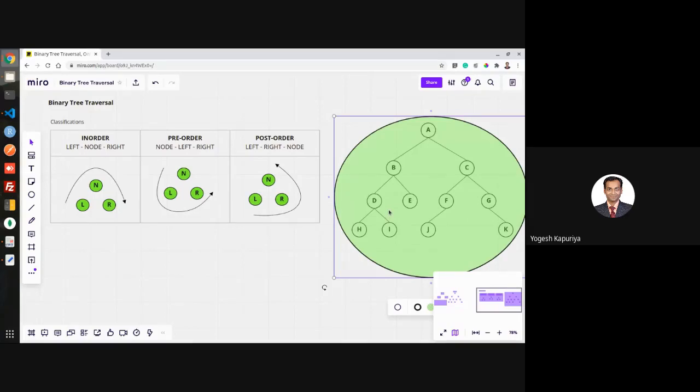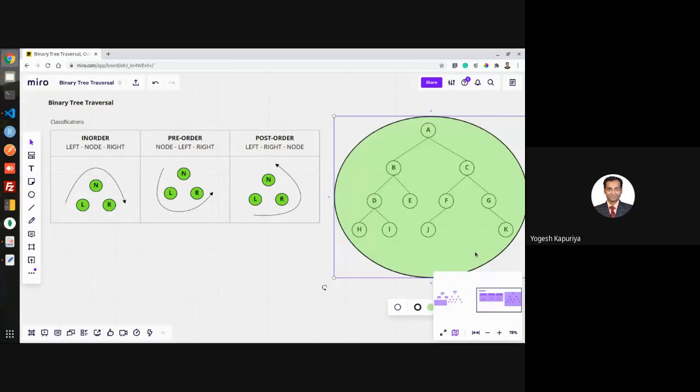That means a search operation. So for that you require to traverse this tree. That means traversal means scanning each and every node. Now, as this is a non-linear data structure, again you have to traverse in a linear manner only. But when you search through it, there should be assurance that each and every node is covered.